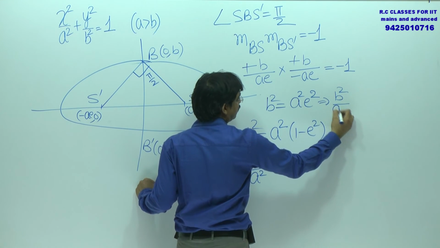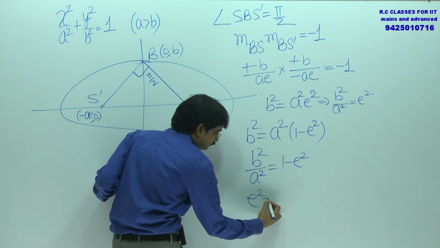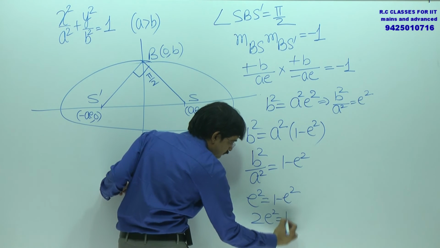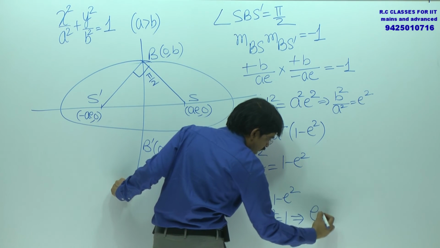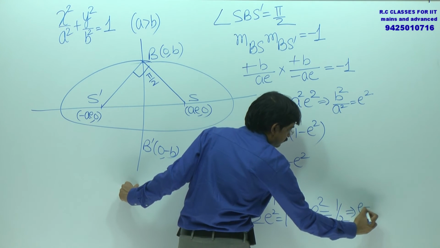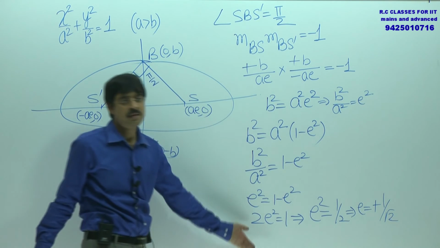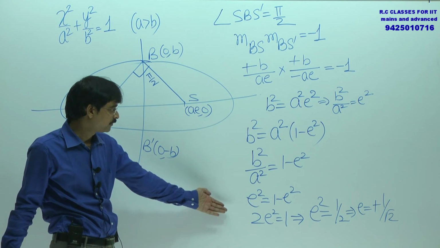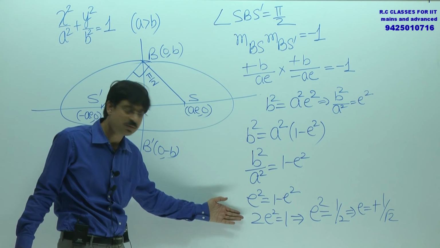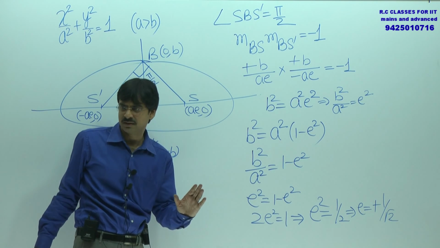डायरेक्ट भी वैल्यू रख सकता था। Right? That is the eccentricity. B square by A square has been replaced by E square. E required था आपको, E is coming as 1 by root 2. ठीक, छोटे छोटे सवाल हैं।